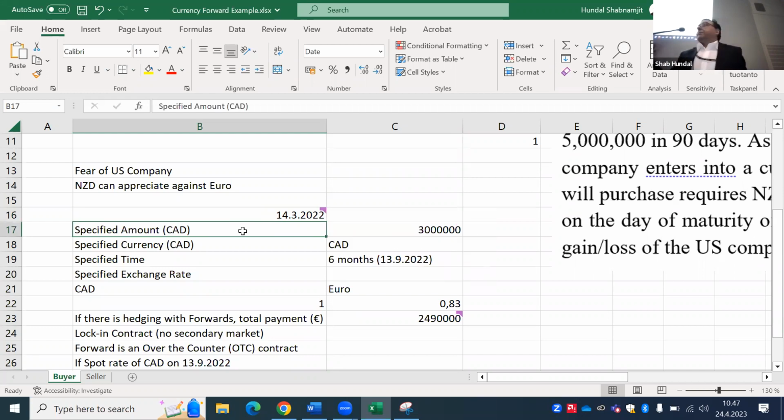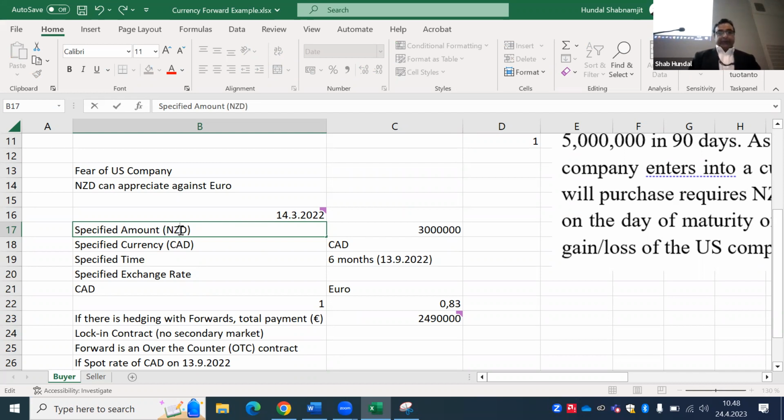And explain this problem to the HSBC. And HSBC says, hey, don't worry, we have a solution for you. Come on, why are you afraid of? Let's sign a contract right now. How much you will pay us on the due date, and at what rate we sell you the New Zealand dollars. So basically, this American company makes a contract with HSBC that